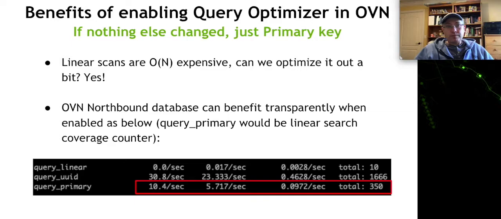And for UUID queries, as we saw in the previous slides, whatever the immediate lookup we're talking about depends on the CPU, roughly maybe 50 to 100 microseconds per query. Now, for the linear scans on large tables, we're talking about potentially tens of milliseconds. So if you're doing a mass operation, depending on the table size and so forth, this query underscore primary counter demonstrates that the savings can be very significant.